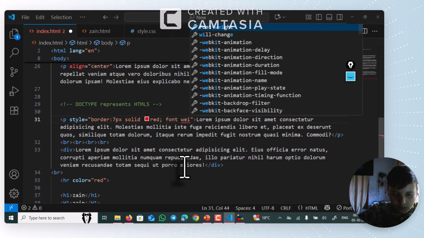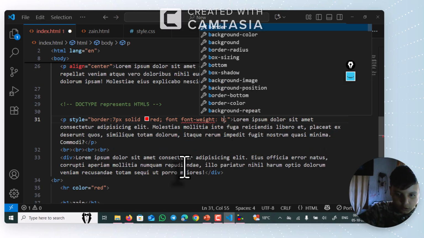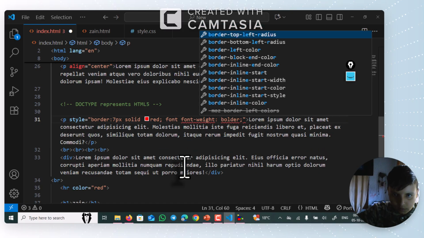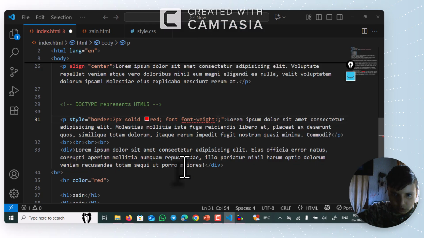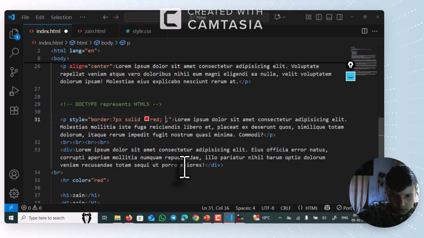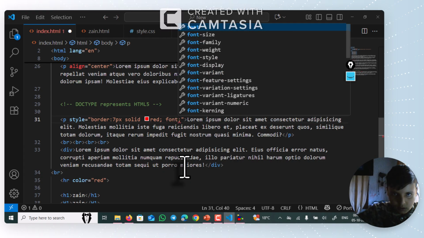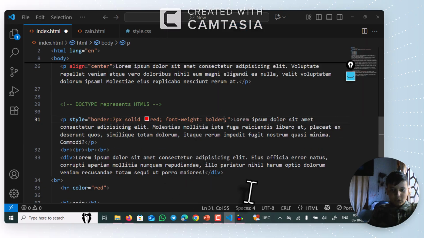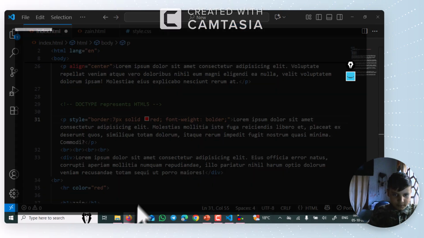Font weight. Yeah, font weight is equal to bolder. So let's have our bolder. No, let's not do this font weight here. Wait a second, I'll see if this works. Font weight, so our font weight, I will do bolder. Okay, so now if you go to your website again,